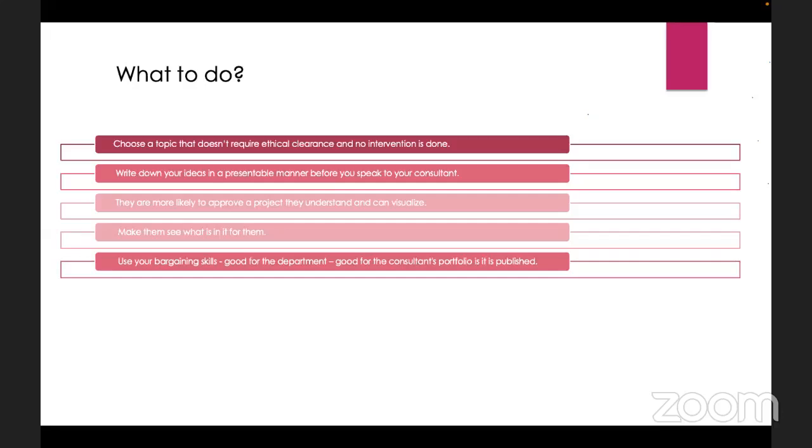So make them see what is in it for them. You can tell them that it is good for their portfolio. It will look good on the CV, because they don't know about audit. They just think that the more number of publications you have, the better it is, right? So again, if nothing works, you can just use your bargaining skills, that it is ultimately good for the department, good for the patient, and ultimately it will improve the service,